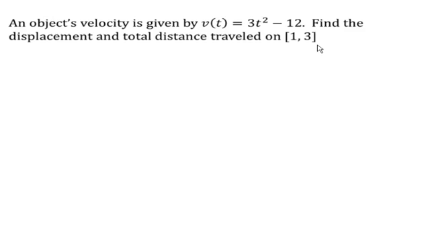Now, displacement is going to measure the difference between where we start and where we end, whereas total distance traveled is going to add up everything. So if we happen to move, let's say,